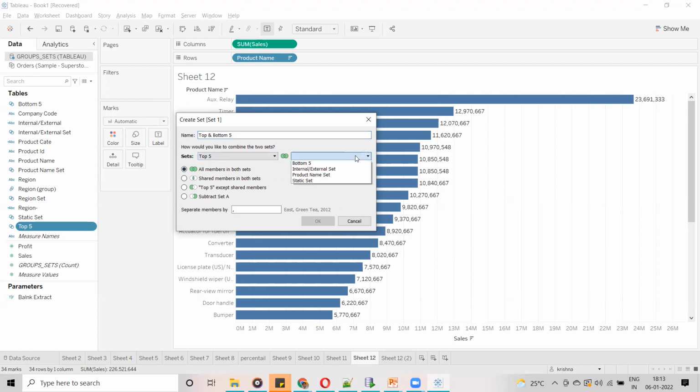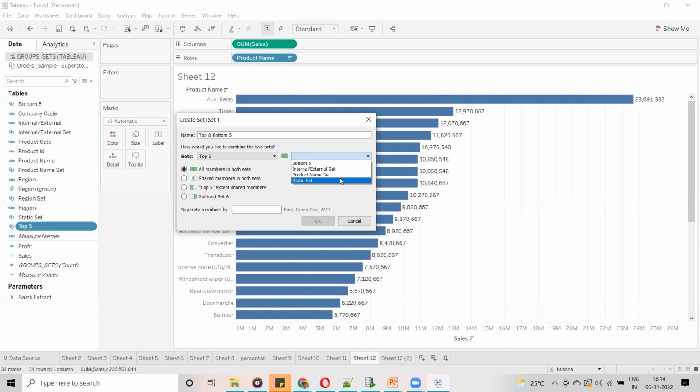Now if I go to the drop down, you can see the region set is not available, because the top 5 set we created is by using the product name field, and the region set I created by using the region field. Whenever you want to create a combined set, the two sets which you are going to combine should be created based on the same field.